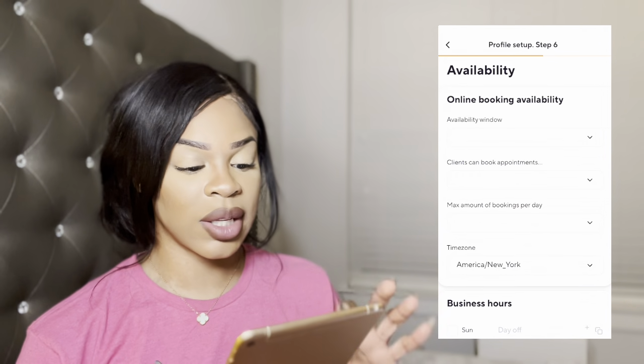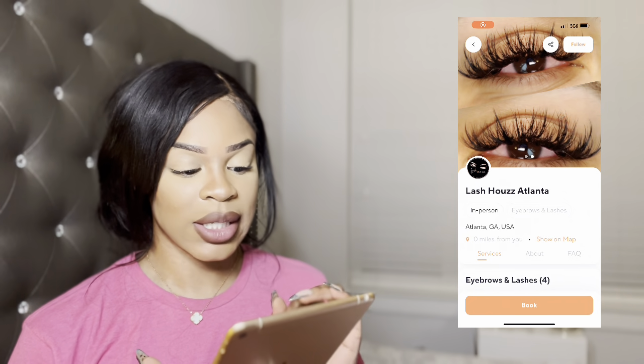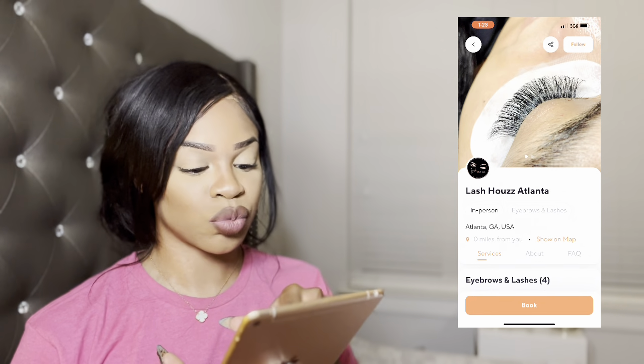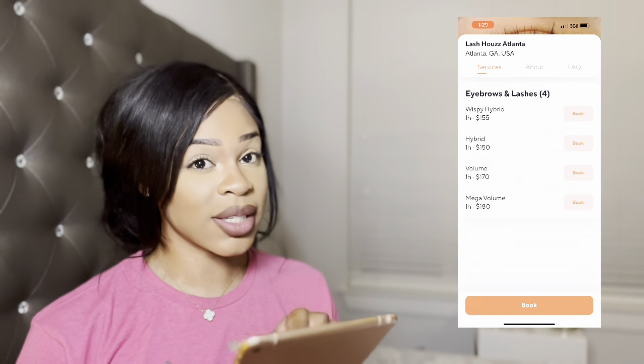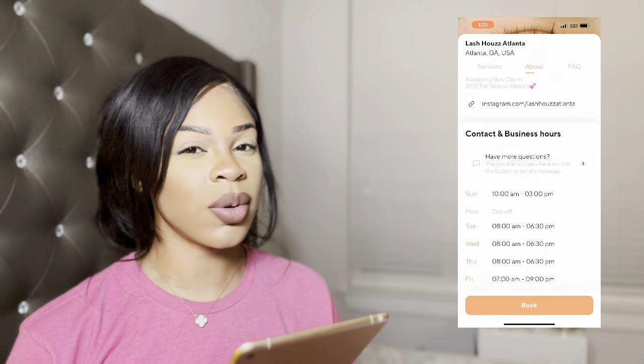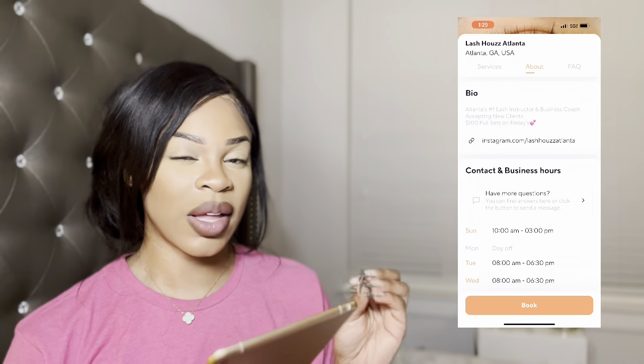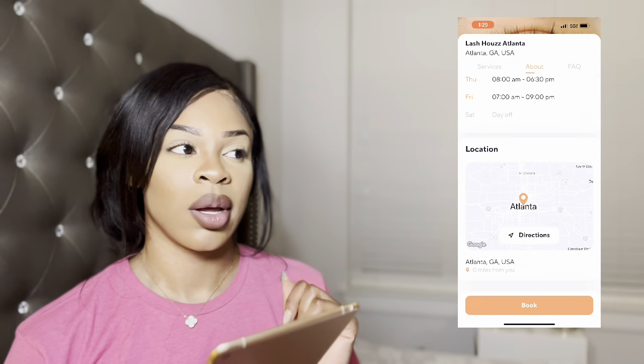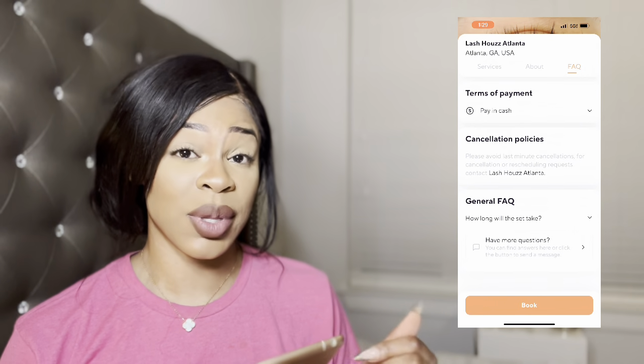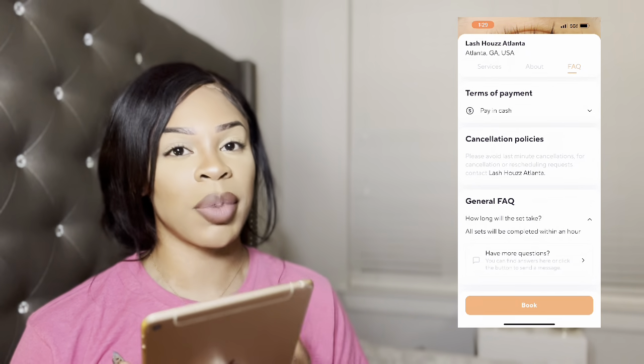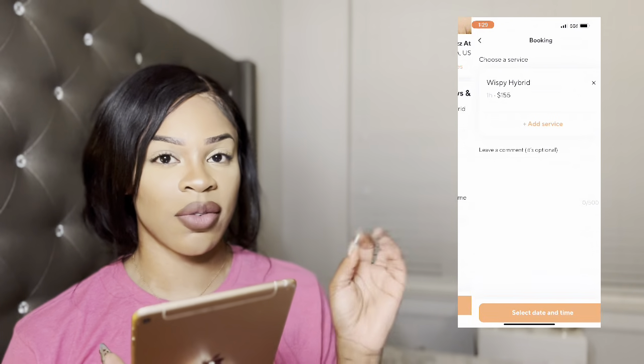So the difference between this and Acuity, Acuity's booking site with availability is a lot harder. This is so much easier because this is going to take me like 60 seconds to do my availability. On Acuity, when you have to set in your availability, first of all, to find it is really hard. Me personally, I do a certain special on Fridays.